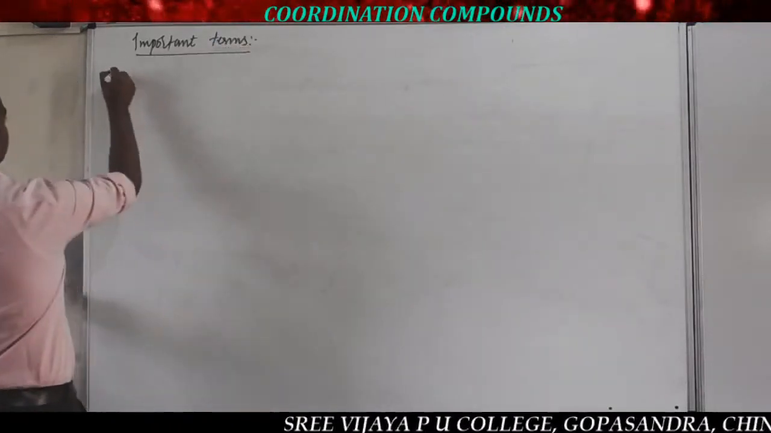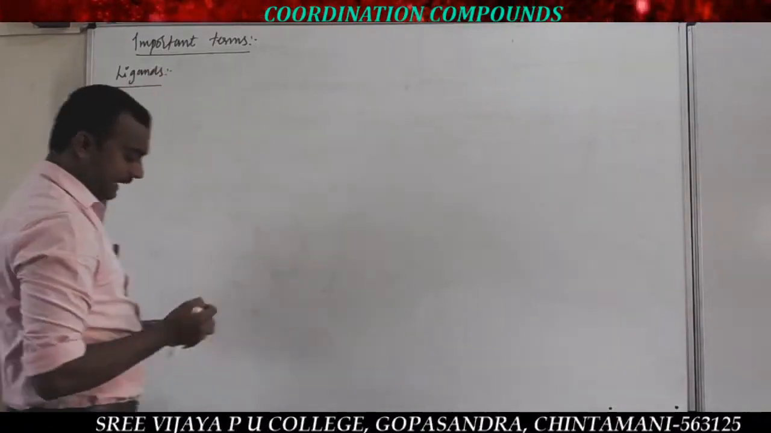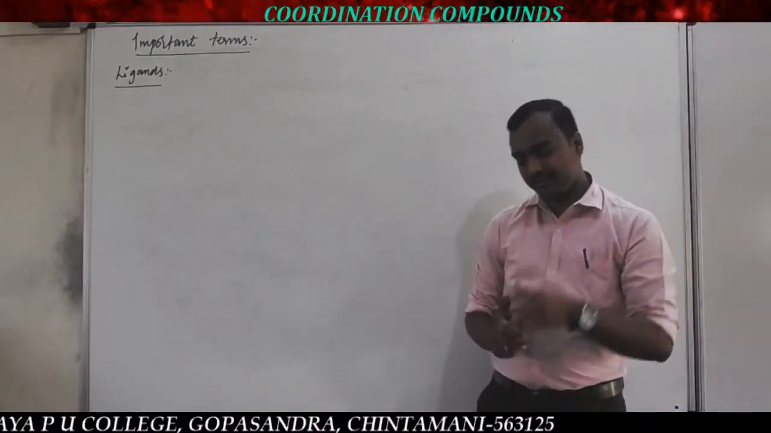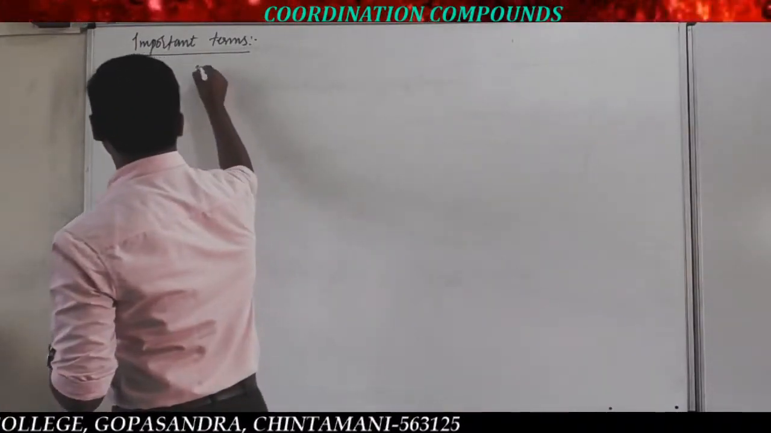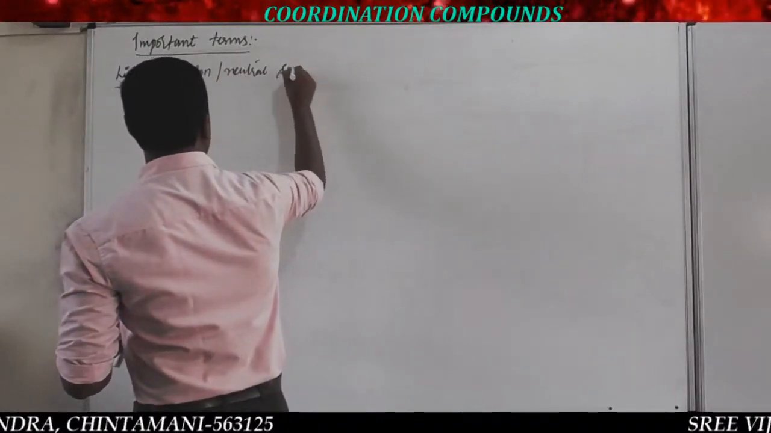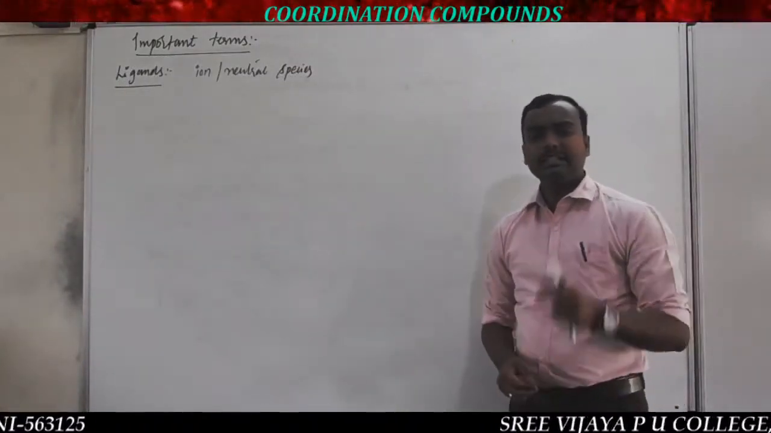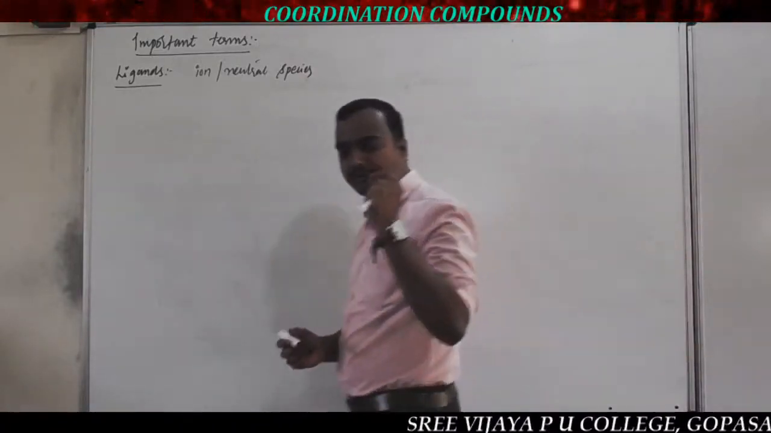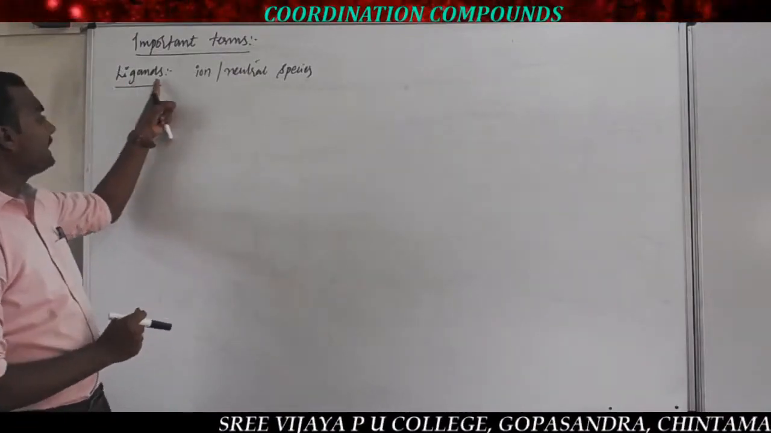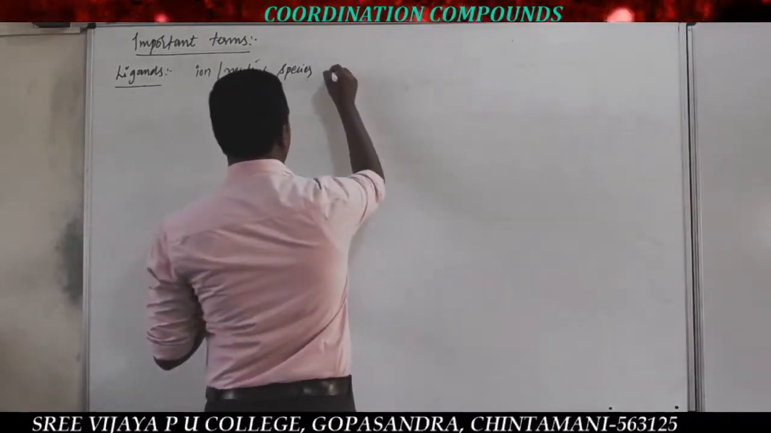The first one is ligands. Again, what is the meaning of ligand? A ligand may be an ion or a neutral species which can donate at least a pair of electrons. If a species has the capacity to donate a pair of electrons, that type of species is called a ligand. So that is an ion or neutral species which can donate